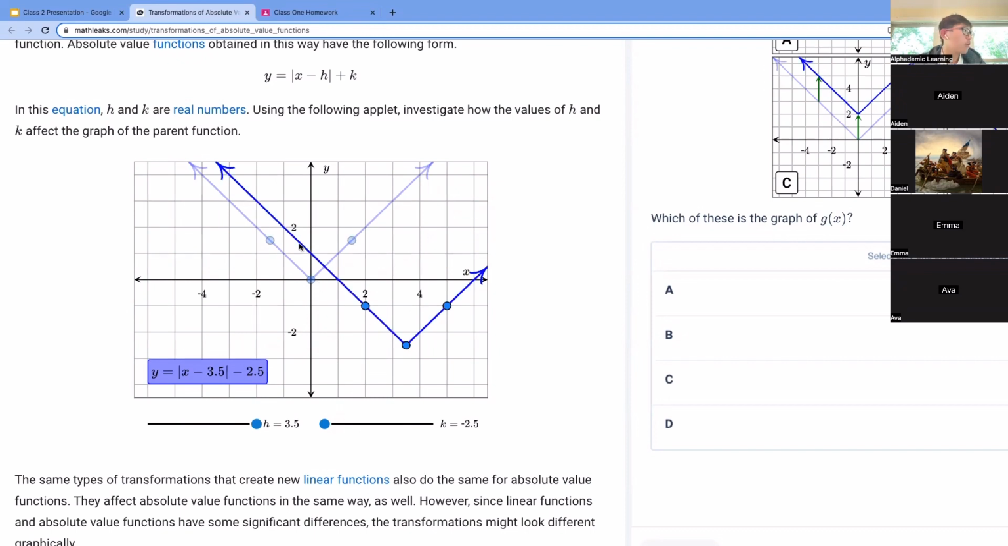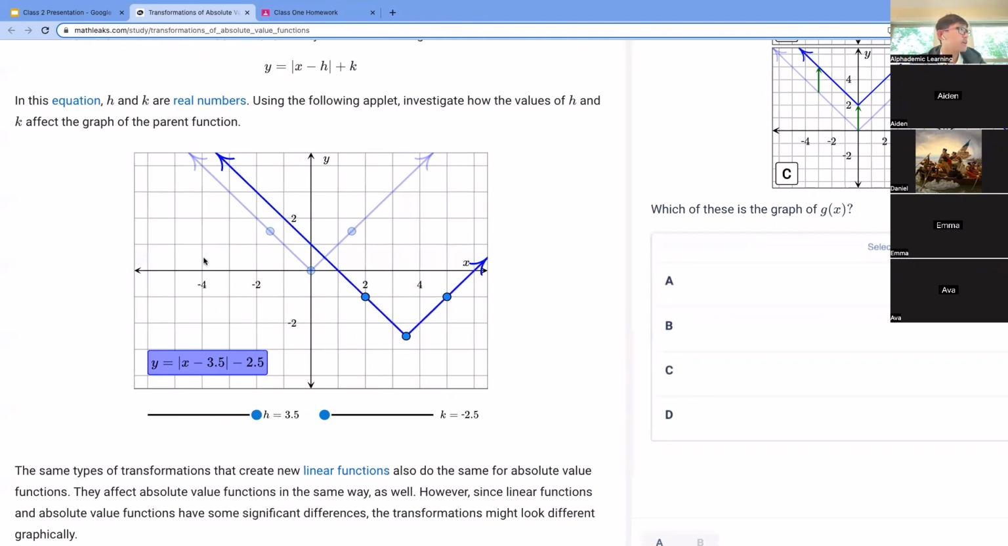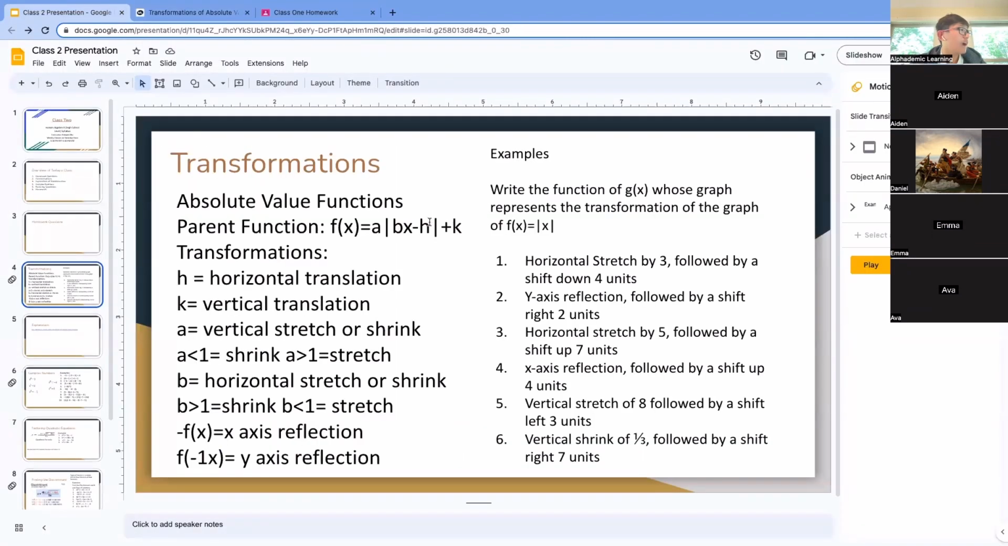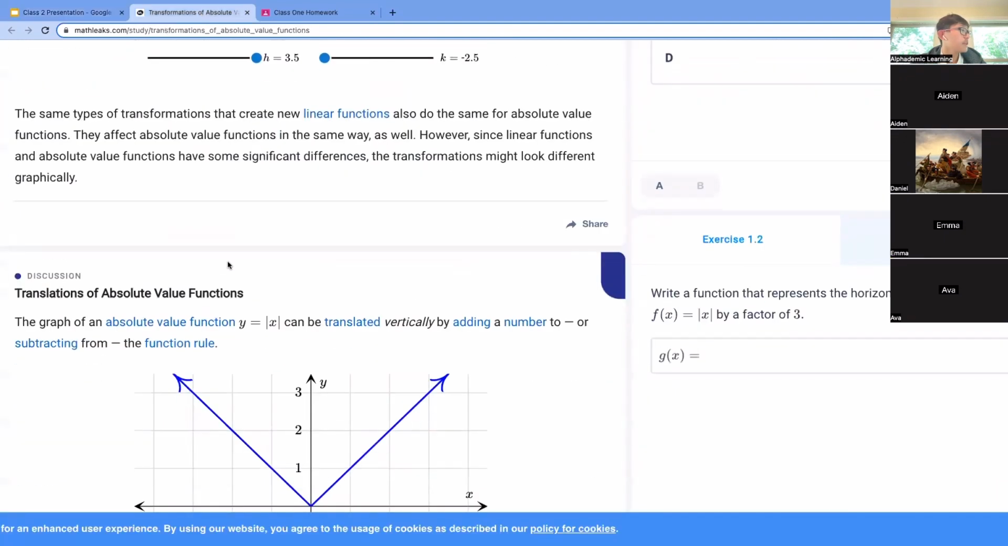The whole equation will be shifted down by 2.5 units, and then it would be moved to the right by 3.5 units. So that is what the K and H factors do in the absolute value function. And then next up,